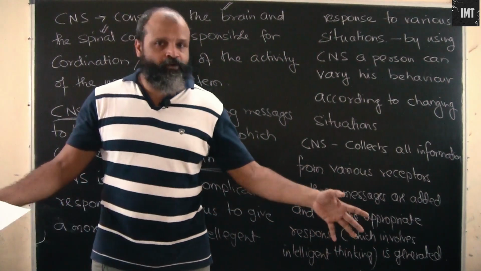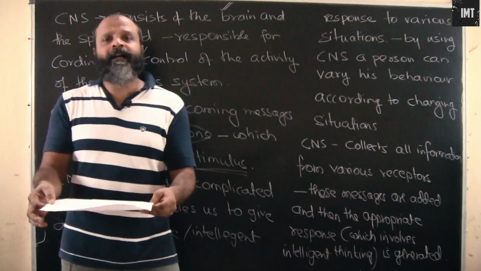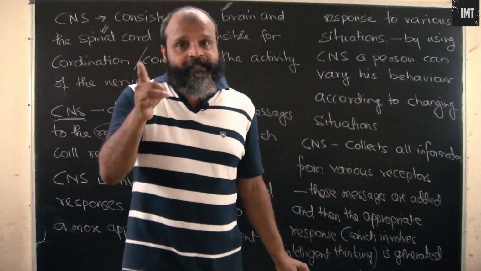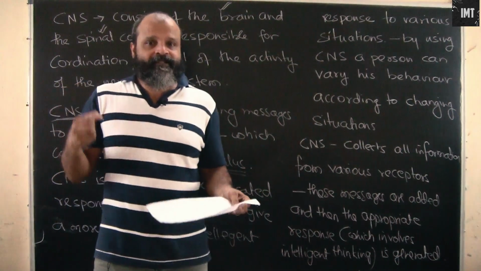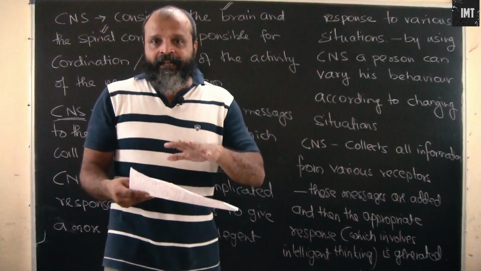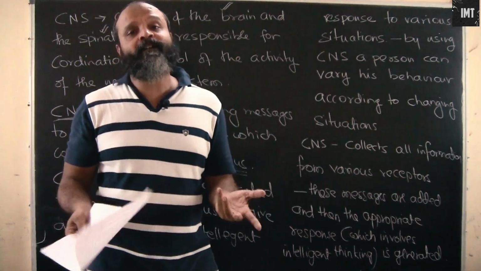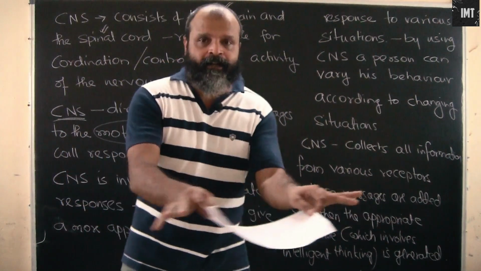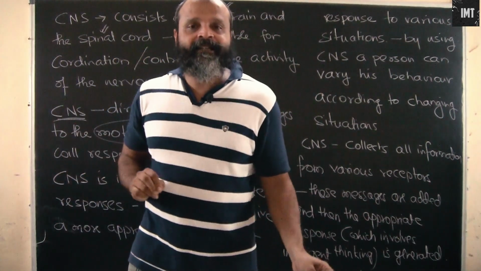The closest place, the table or the chair, whichever I find, wherein I can safely keep this plate, I will quickly keep it there. So here there is an intelligent thinking that is involved. The brain collects the messages that this is hot and this is not appropriate for the hand. It will burn our hands. But will I drop it? In that case, the food will be destroyed, the plate will be destroyed as well. So I might as well keep it somewhere. So I will find the most nearby place wherein I can safely keep it.